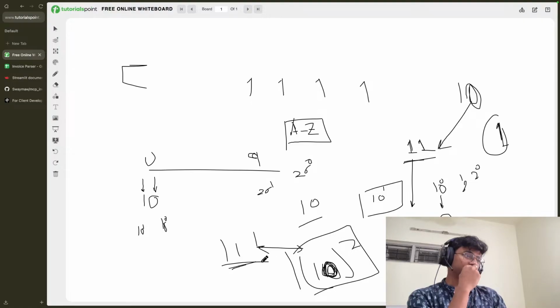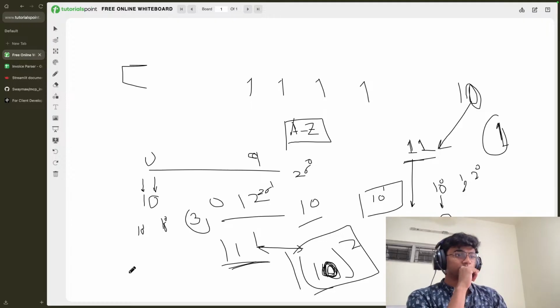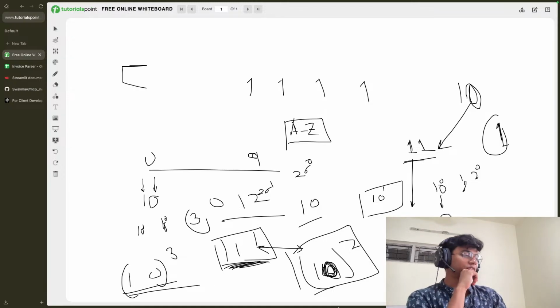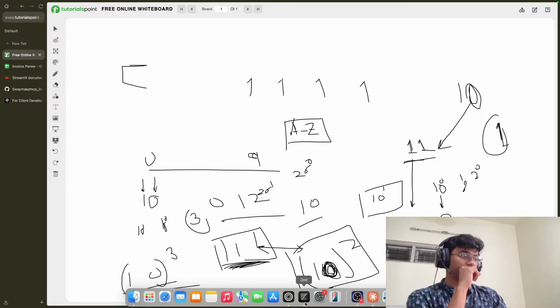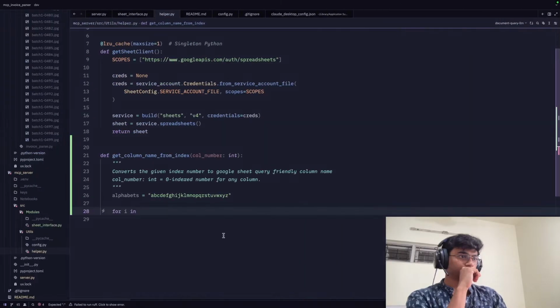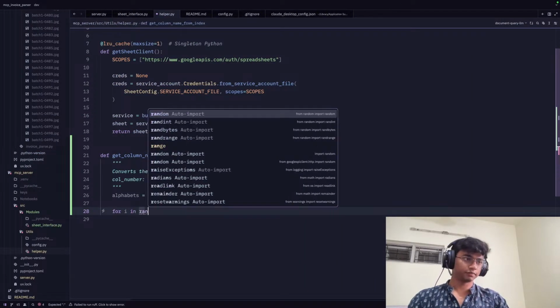So in this case, we need to do 3 iterations, one with 0, one with 1, one with 2, because it's 10 to the power 3 when we actually get greater than this number. Till 10 to the power 2, we are smaller than this number. So yeah, we just have to check till what power are we smaller than the number. So for i in